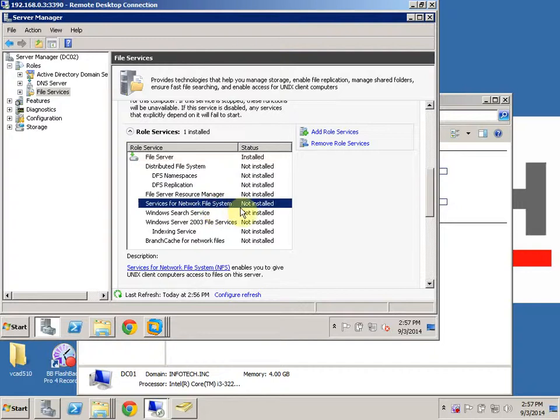So I have to select this one and go to add role services. From file services, if you don't have file services, you have to select roles and add roles directly. And if you have some features from file services but you don't have services for network file system,